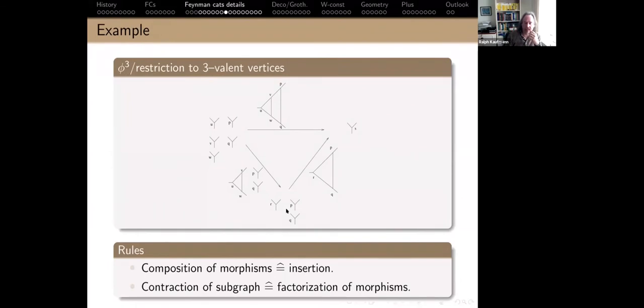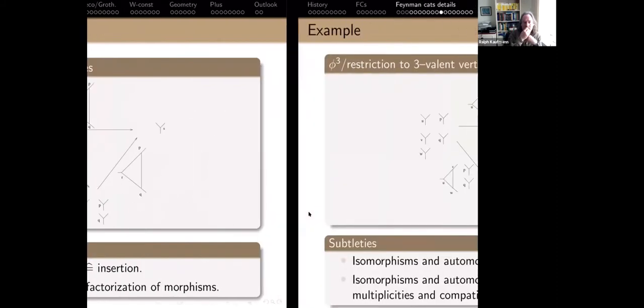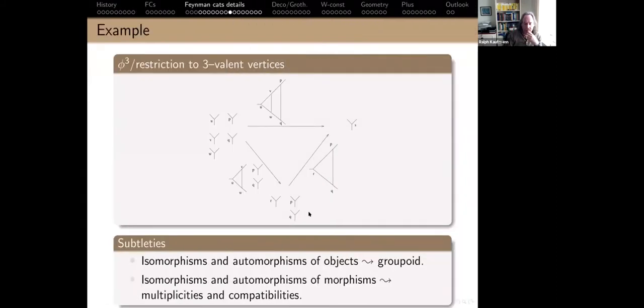So this I already said, contraction of subgraphs. And if I want to look at factorizations, what I can do is I can contract subgraphs. So this is very nice. This gives you the duality that's been noticed many times for these graphic examples. Either you insert stuff or you contract stuff. So composition is insertion, decomposition is contraction. These are the subtleties, which I did mention.